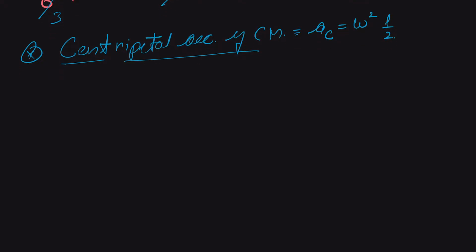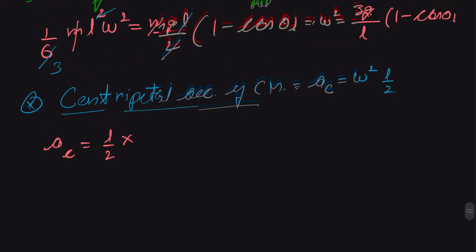And we already know our omega square. Therefore we can say that our A of C is equal to L by 2 multiplied by